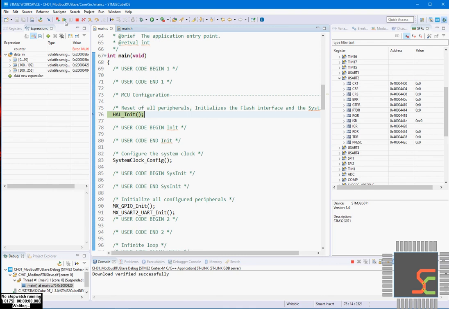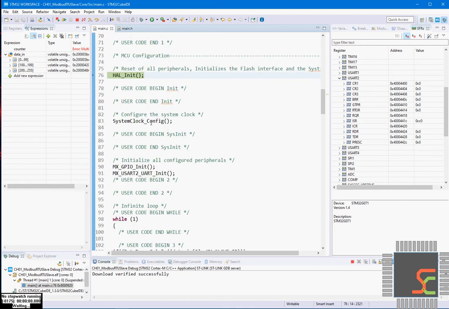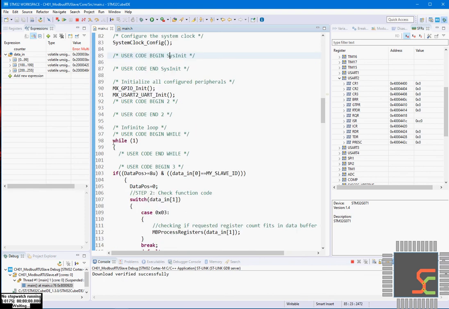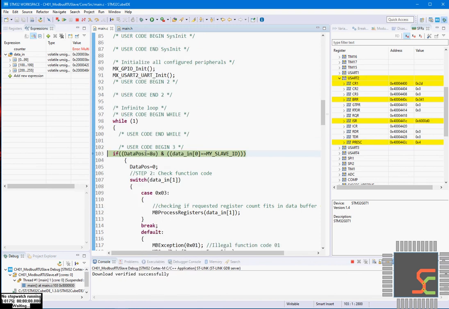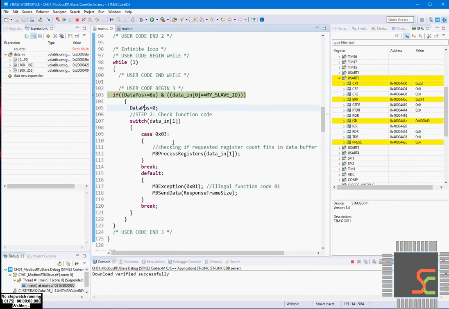I will not go through the debugging of each function. I will simply run till the while loop. I'll right click and say run to line, that is Ctrl+R. So I have checked. Now I am continuously waiting here.